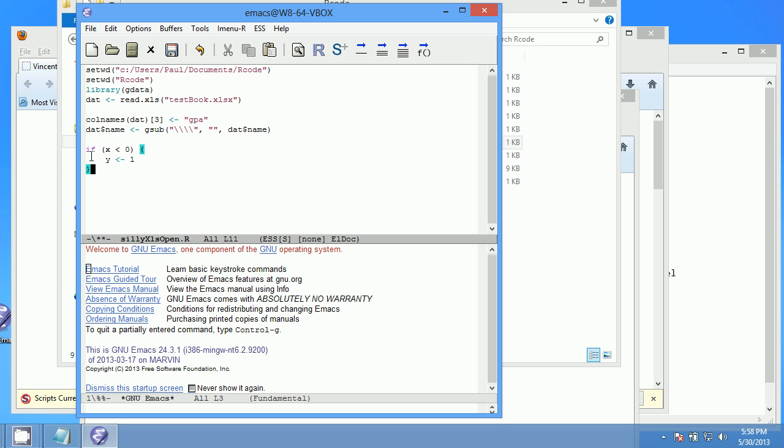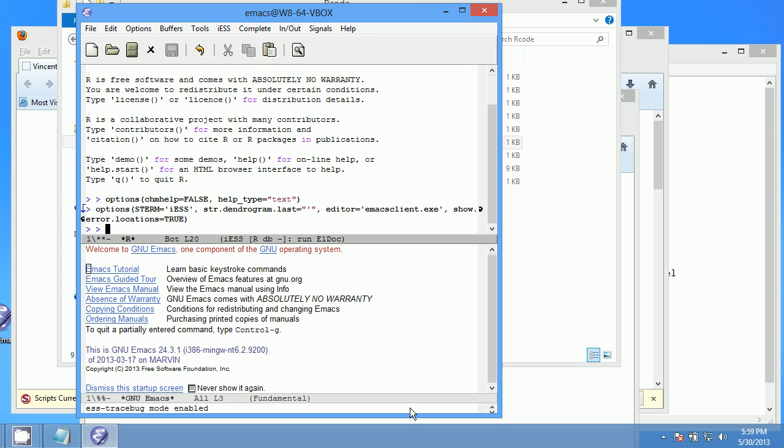Because this is the base install of Emacs with no special features, I'm going to show you one of the quirks with Emacs and the program package ESS that's provided with it. You want to start R and interact with it. When we do that, it asks, what's our working directory? And notice it properly guessed where my documents are. That's good. When I hit enter, it's looking for R and it found it, and it started it, and it